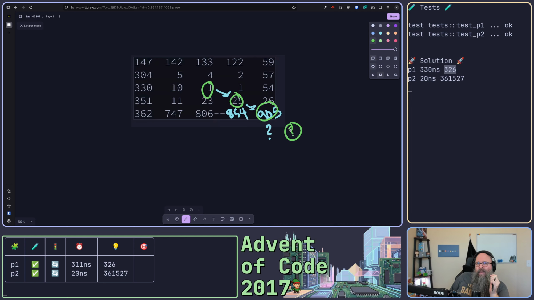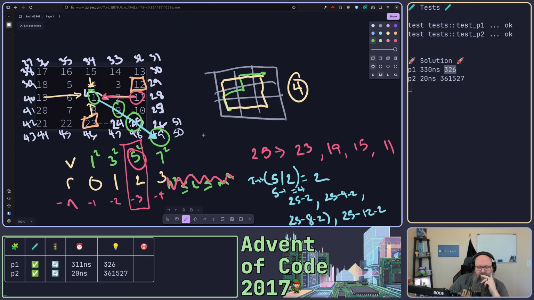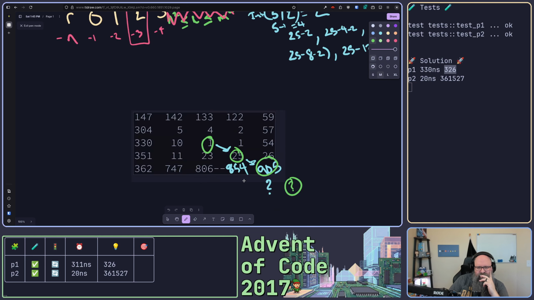The thing that's going through my mind is it doesn't feel like there's a pattern, and it could just be my math isn't mathy enough. The reason it doesn't feel like there's a pattern is because it has to do with values you've seen before, right? The previous solution was kind of irrespective. You just found what radius you were in, and then what this corner value was, and you could spill that. But there's no